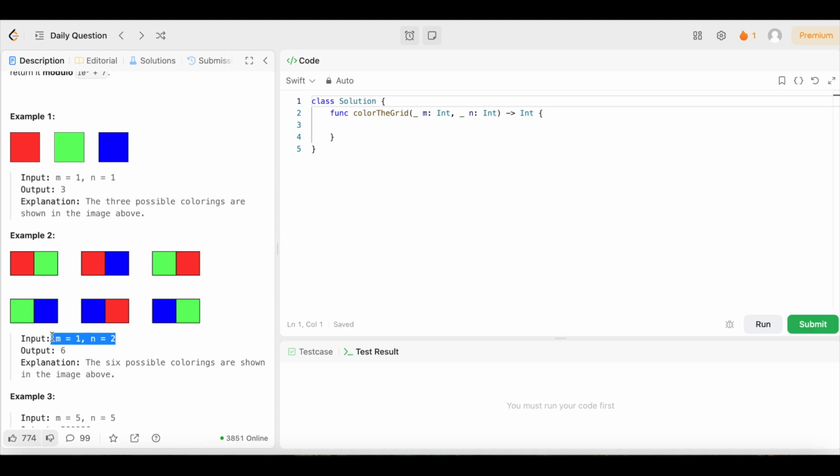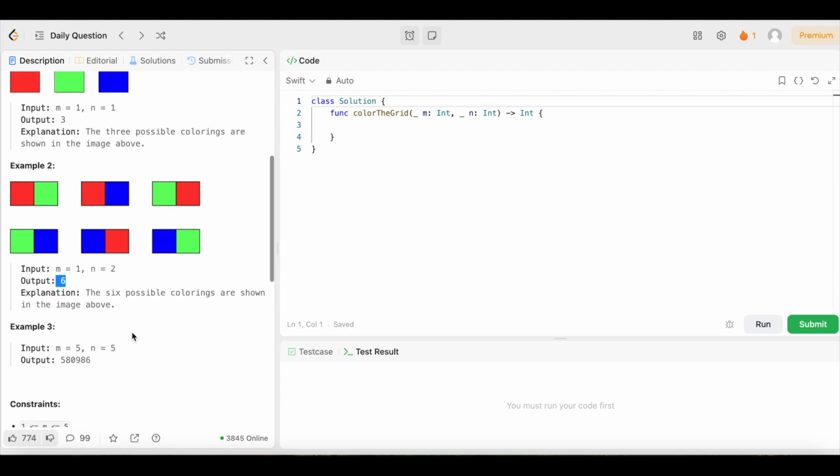We've done it all, and in total it adds up to 6 different ways that we can accomplish this. Boom. So let's look at example 3. Example 3, they don't give us a picture, so we're just gonna have to take their word for it. But if m equals 5 and n equals 5, that means there are